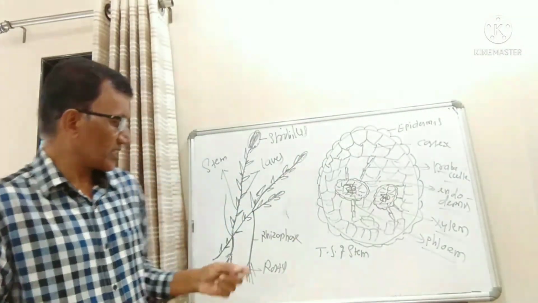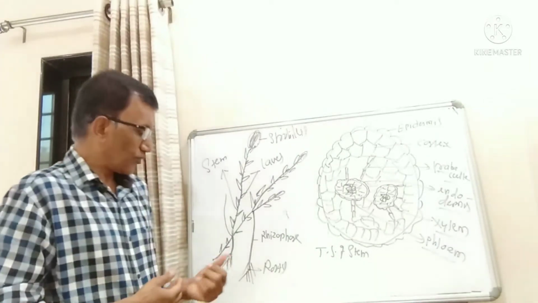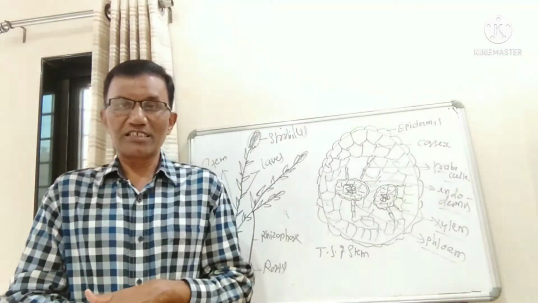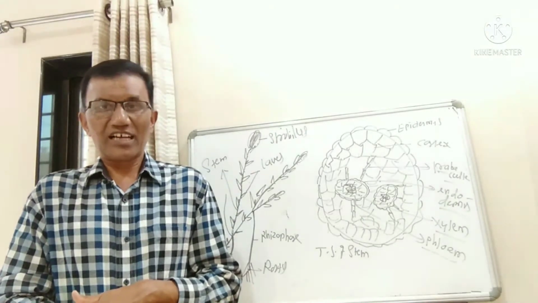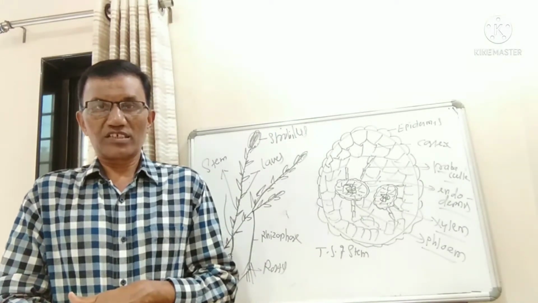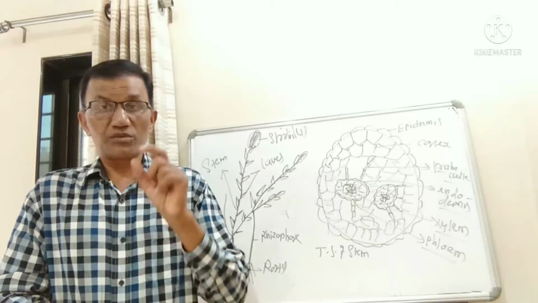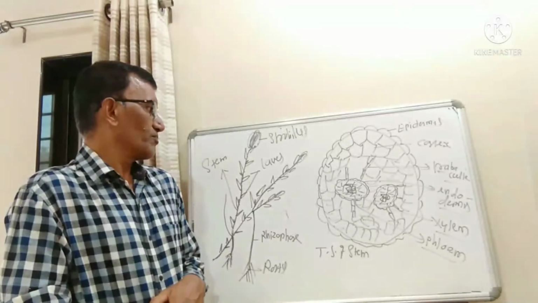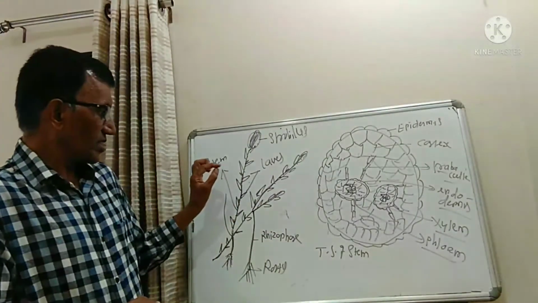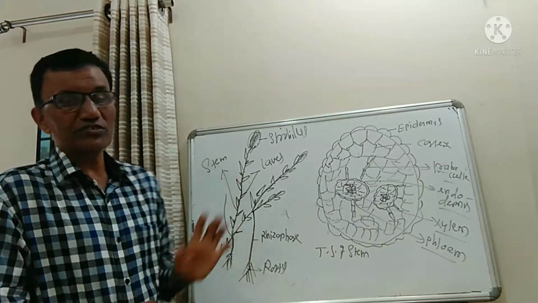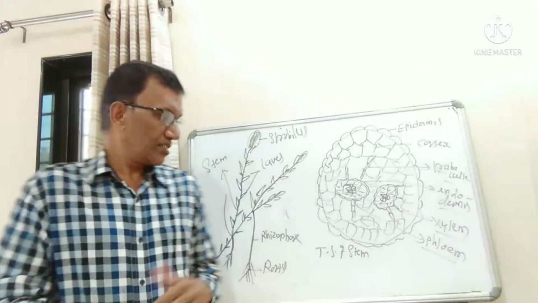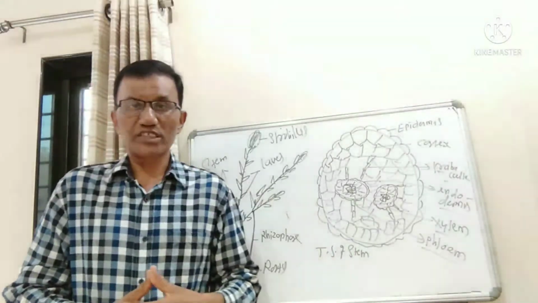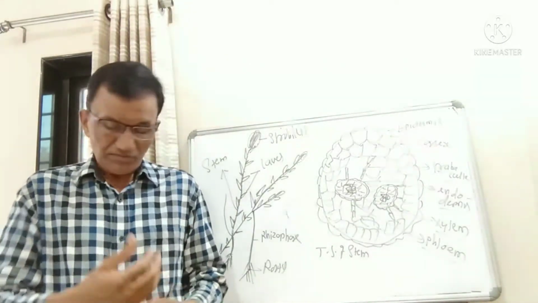Similarly, you have to take the transverse section of the rhizophore, roots and leaves. You will find different types of tissues, that is epidermis, cortex and stele. Here you have to remember what type of stele is there in case of stem, rhizophore, roots and leaves. Then the presence of ligule is an important characteristic of Selaginella.